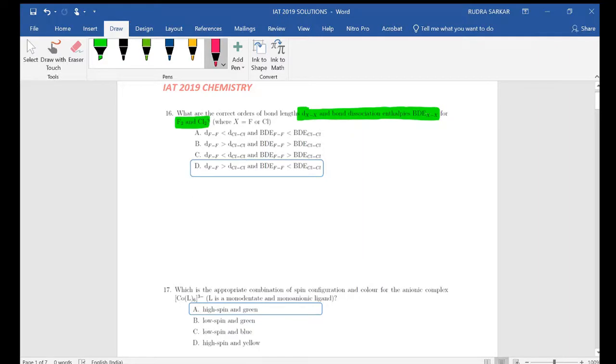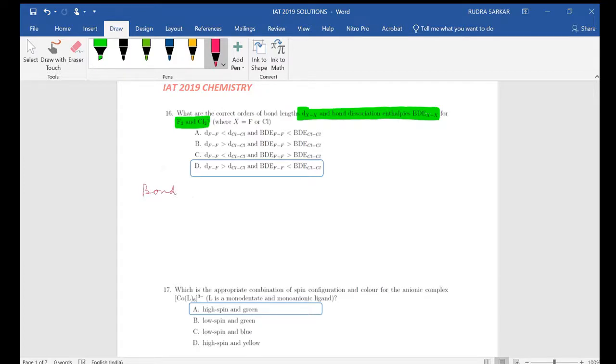This is Dr. Sarkar over here and we are solving the ISER entrance test year 2019 chemistry section. The question here is, what are the correct orders of bond length dXX and the bond dissociation energy BDE XX for F2 and Cl2, where X indicates F and Cl. So the theory is that